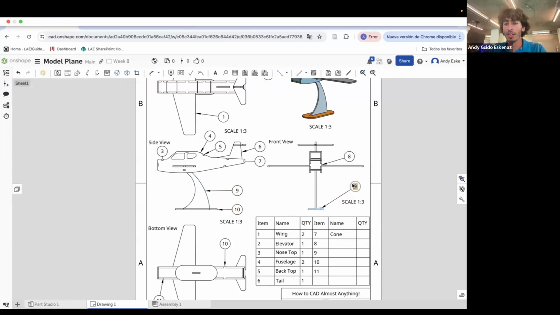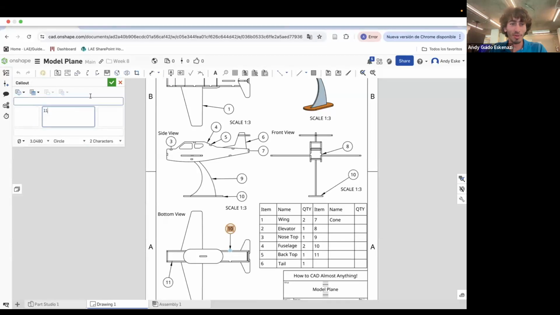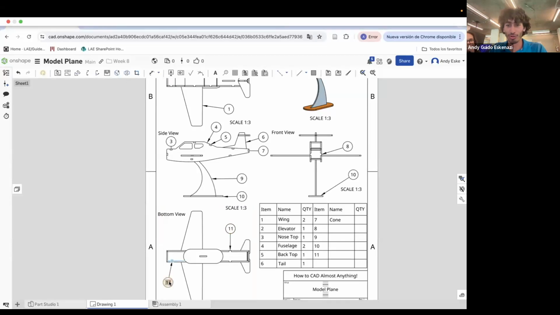I think now the only problem is that when we add all of these numbers, we should get the same number of parts as in the assembly. So that's the part that makes me the most nervous, not to have messed up. It's possible I missed one of them, but it's fine. It's a design flaw in there. So cone is 7, 8 is nose, 9 is stand, 10 is base, 11 is